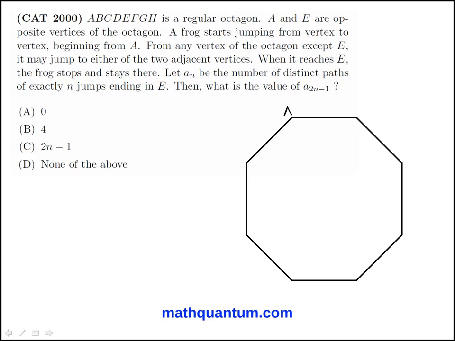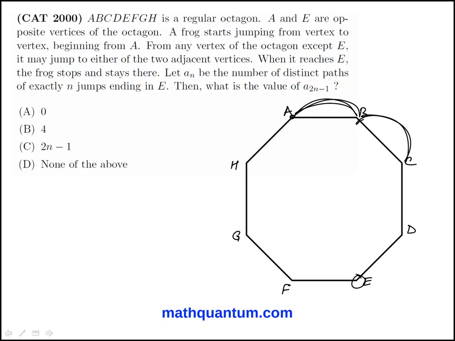So here we're given this octagon, and A and E are opposite vertices of this octagon. And they tell us that a frog starts jumping from this vertex to E, and then it can go back and forth anytime. So it could go this way, come back, then go forward, forward, back,